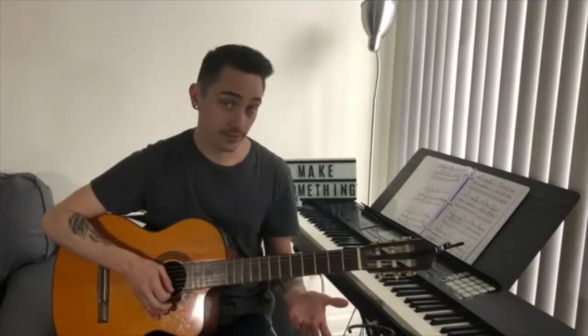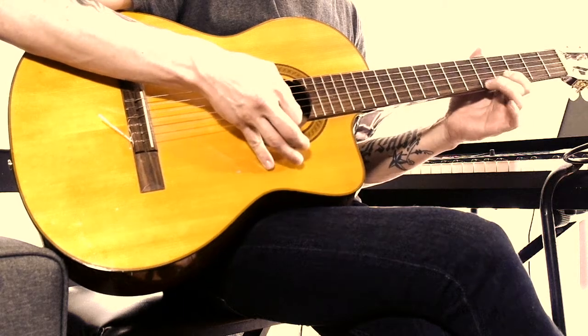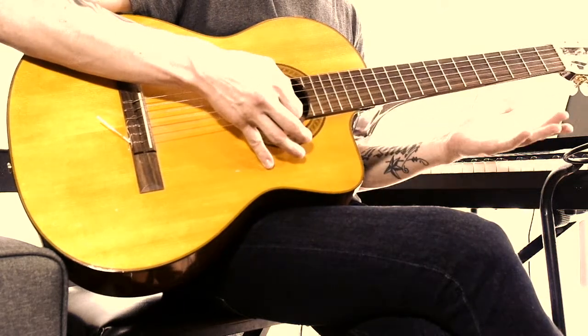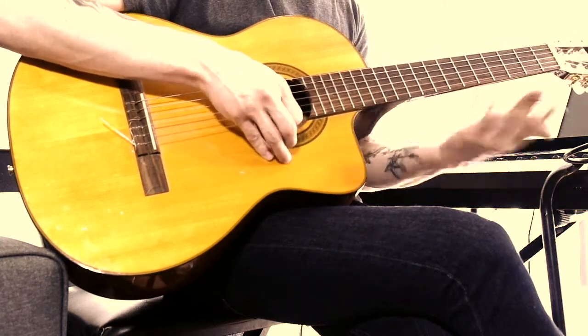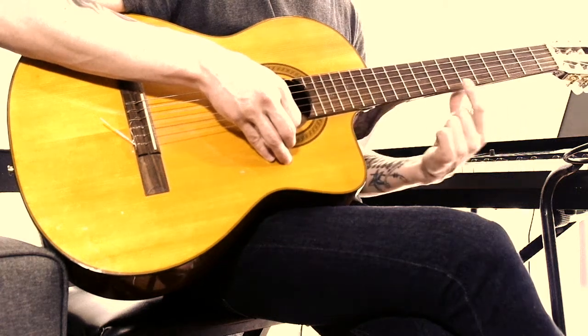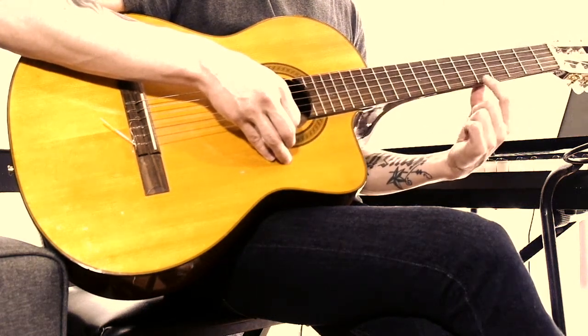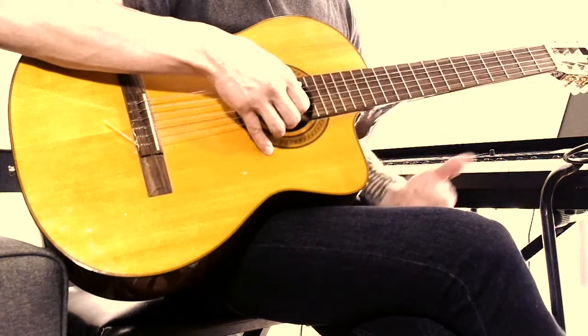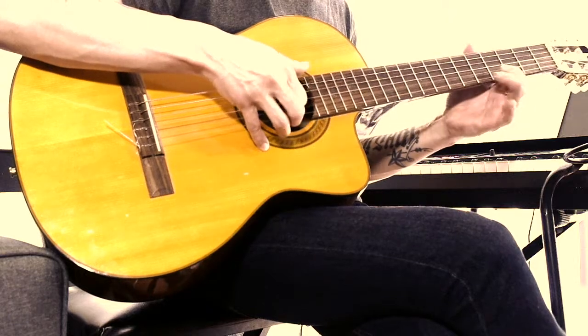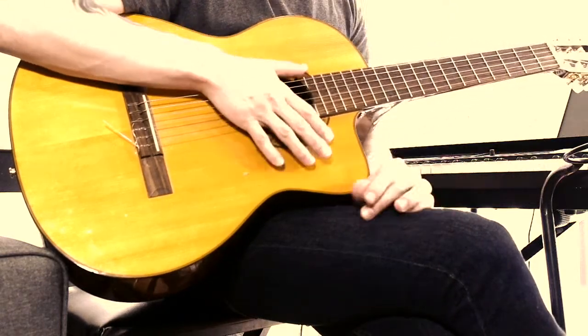Cool. The next component of that song is going to be this little picking section that comes at the beginning. So what I'm doing are these pull-offs here onto the open strings. It sounds difficult, but I'm really just playing one note at a time with my index finger and plucking the open strings behind it. And then it creates this kind of finger-picked effect that sounds a little more difficult than it is, but has a pretty full sound that I like a lot. Right? And then we'll go into the chord here,